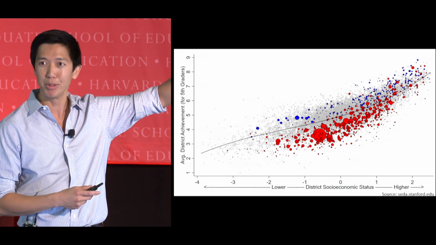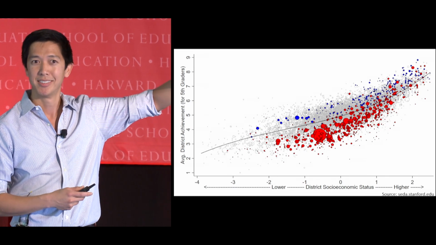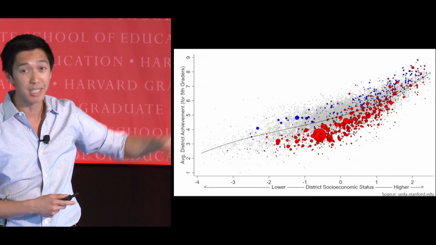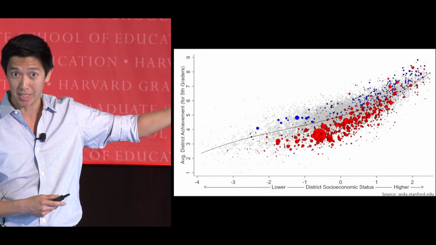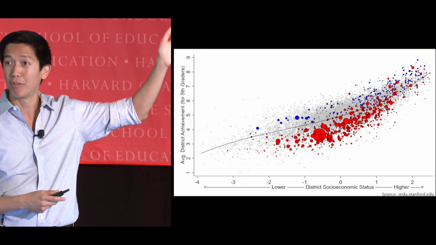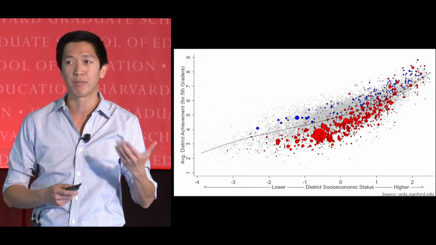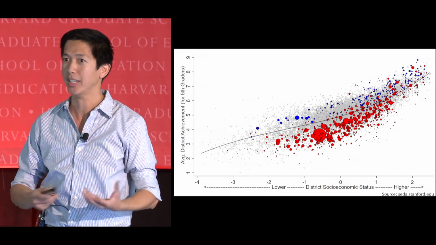In contrast, there's a blue state that's outperforming its expectations across the board. What's that blue state? It's Massachusetts, right? So that's that big blue dot over there, that's Boston. And you can see that, again, even though Boston has average achievement throughout the country, they're outperforming their expectations given socioeconomic status by a grade level. Right? And again, this forces us to ask, what is going on here? And again, we have not had this resolution of data before.